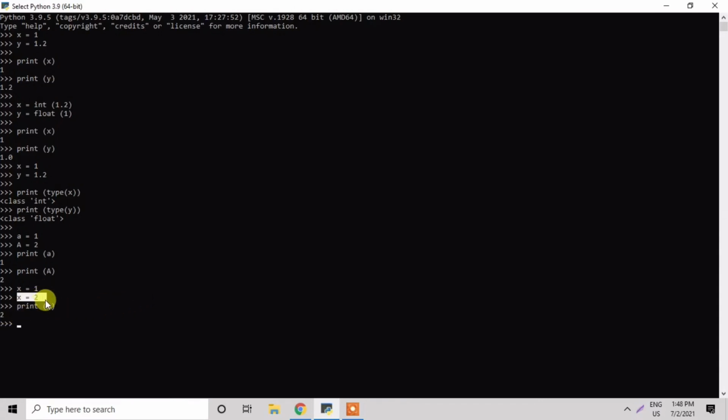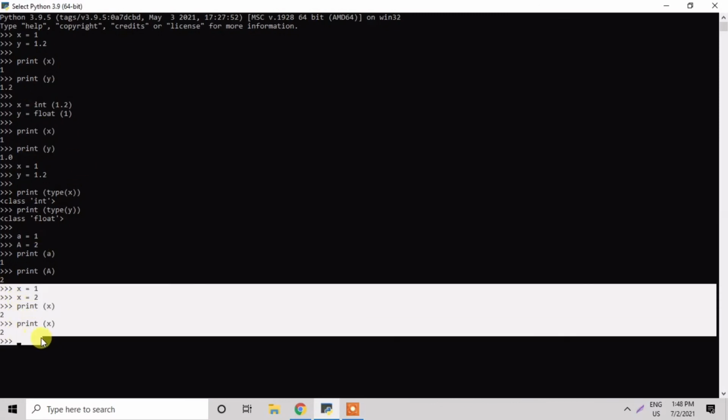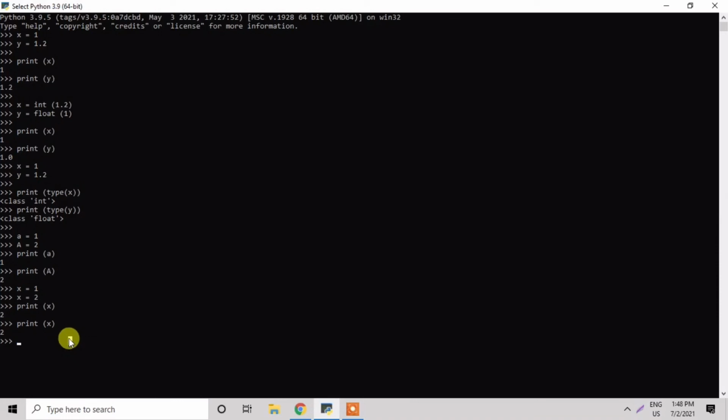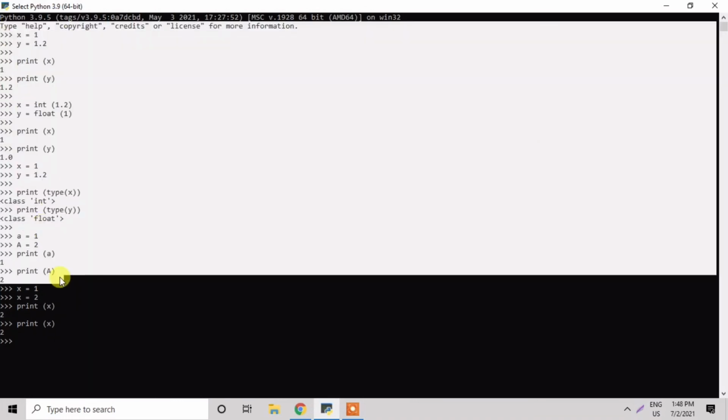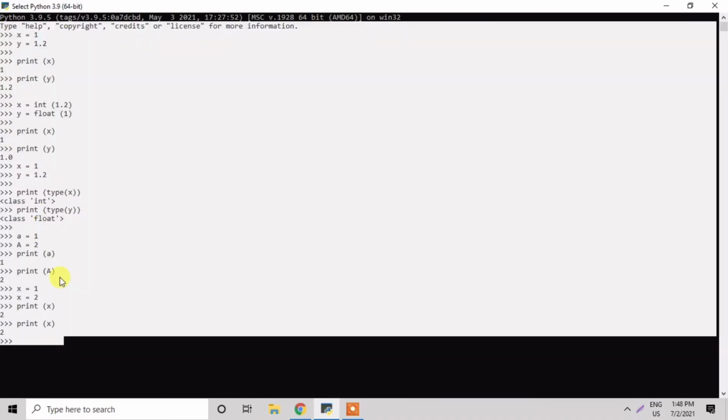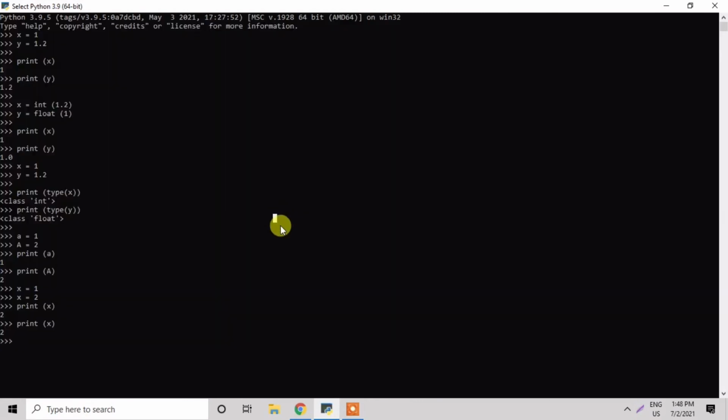So this output has been printed. So we can also use double variables. So in this way we can use many variations of variables in the Python programming language into different types.